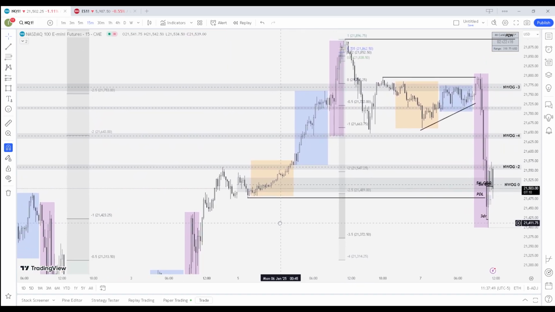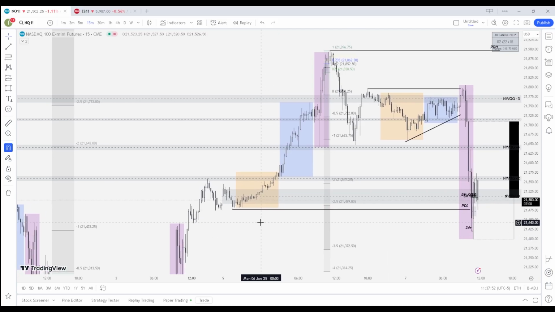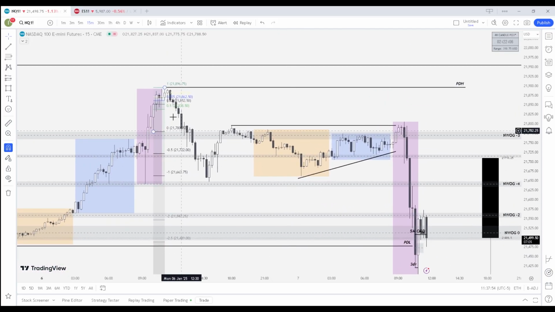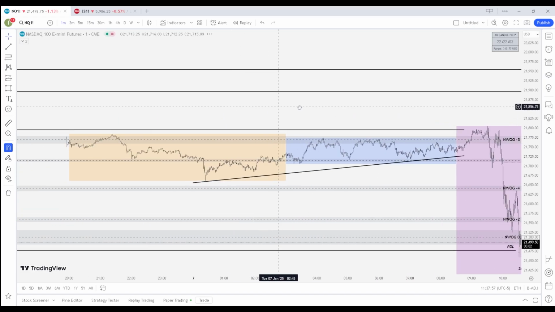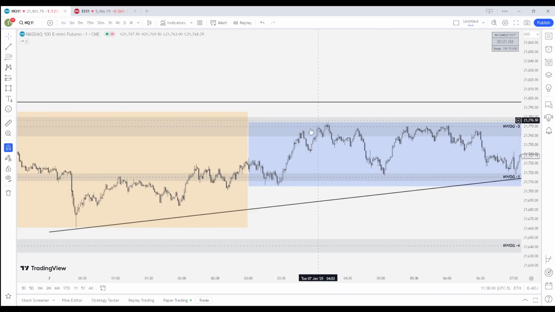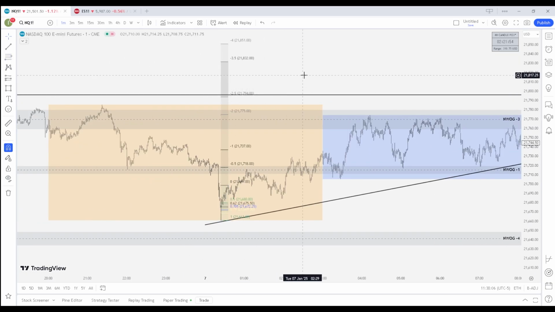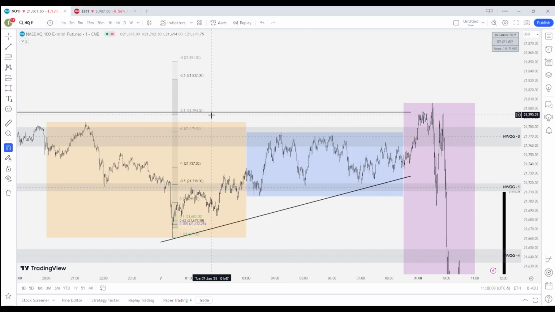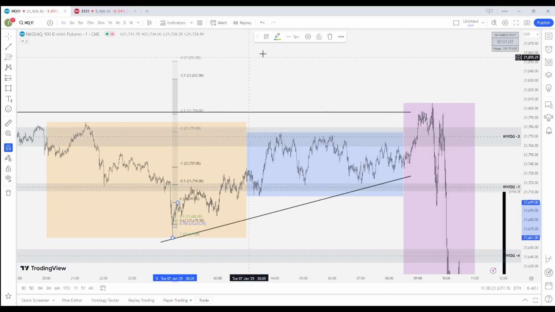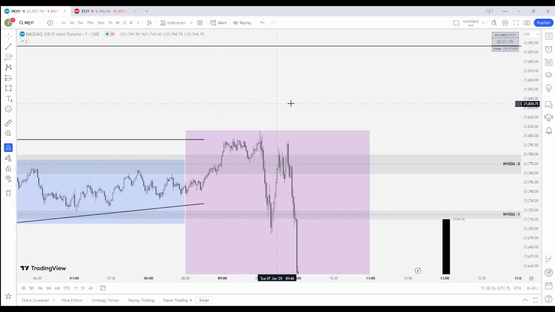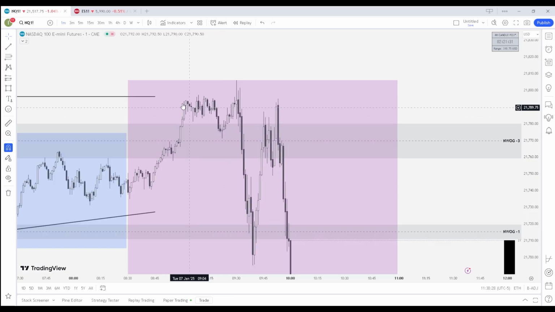Let me see if I had anything else. I believe on the 1 minute, maybe I had standard deviations, I think here maybe, and then this 2 to 2.5, this is where you expect a retracement. This lined up with where we kind of just consolidated, so this also gave me another confidence that we were gonna go lower.